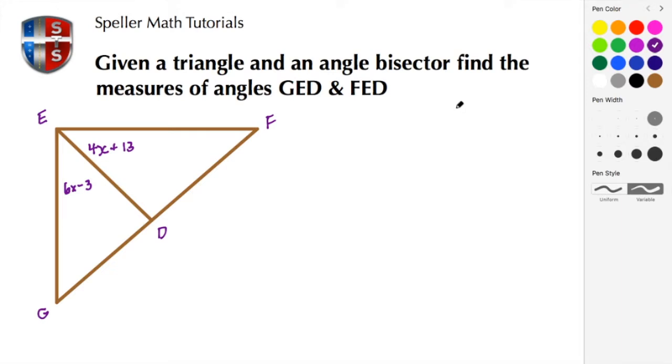In today's tutorial, we're given a triangle and an angle bisector, and we need to find the measure of two